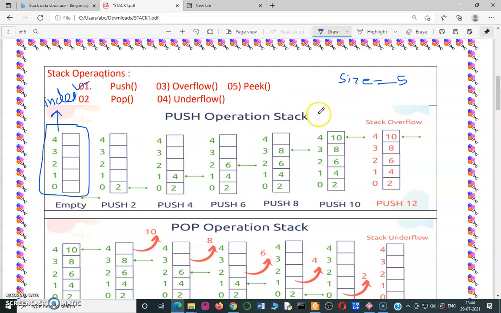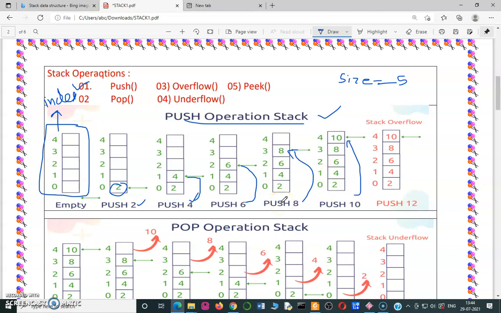Now first we discuss the push operation on stack. Push means insert any value or element in the stack. Now push 2, then 2 will be pushed on index number 0, next push 4, similarly push 6, push 8 and push 10.